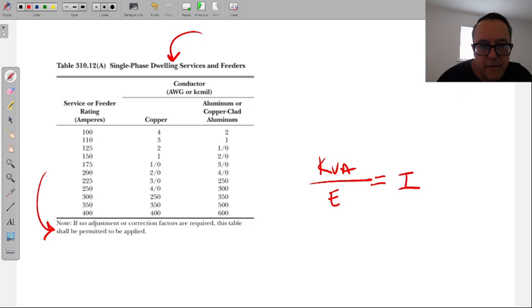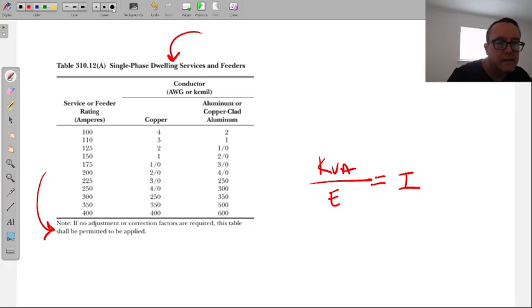Make sure you have this understanding. There was one more thing out of this section, now that I just thought of it. If no adjustment or correction factors are required, meaning if there are some adjustment factors required, then we apply the adjustment factors to the house as well.